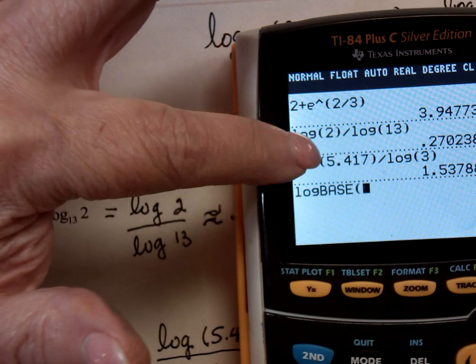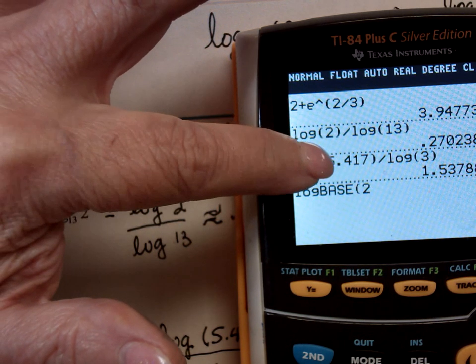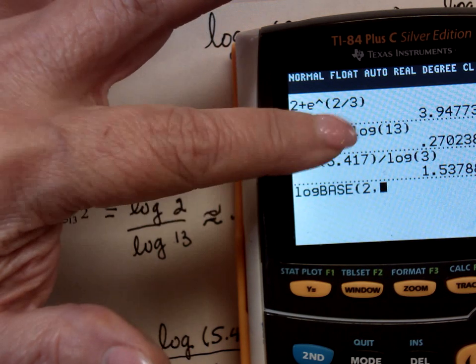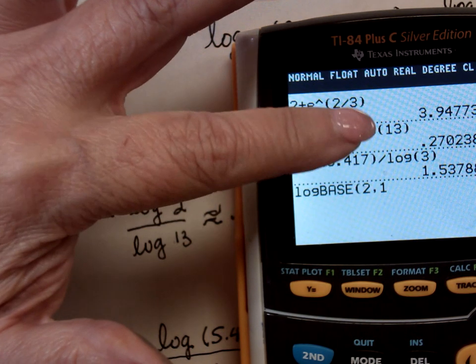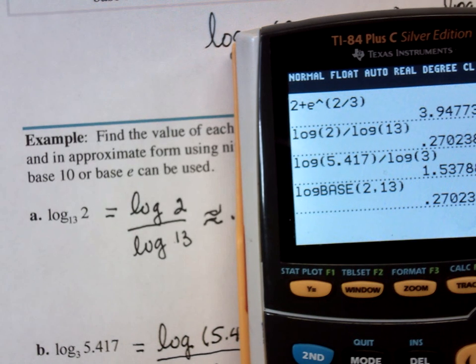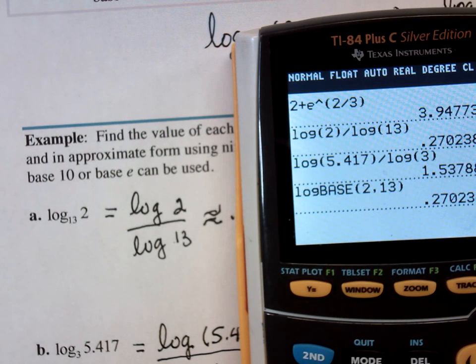Argument in this case is 2, comma is above the 7, and the base is 13. And let's see if indeed I come up with 0.27. Yes. So argument first, base second, with that particular command. All of you have, I think, almost all of you have that command. I don't know if the 83s have it. You know, 83s do not, but I know the 84s do. And so you put the argument in first, put the base in, and then it'll actually do a change base